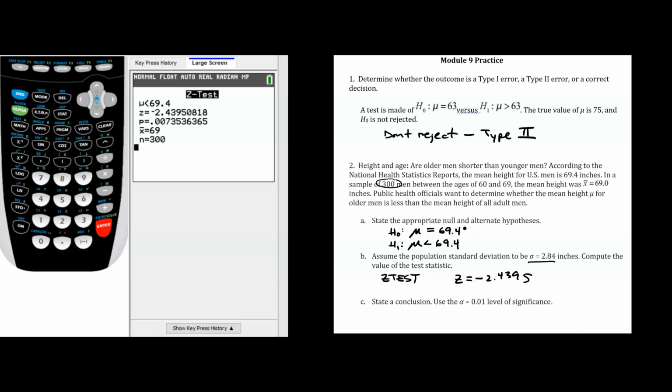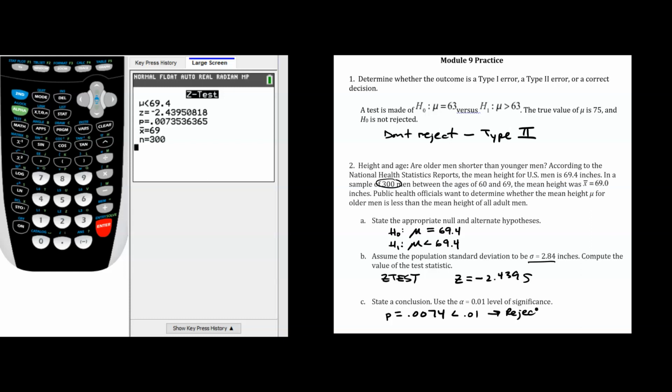And so that's a pretty dramatic result in our sample, so it's not a big surprise that you would see a p-value this low, where we see p is equal to 0.0074,